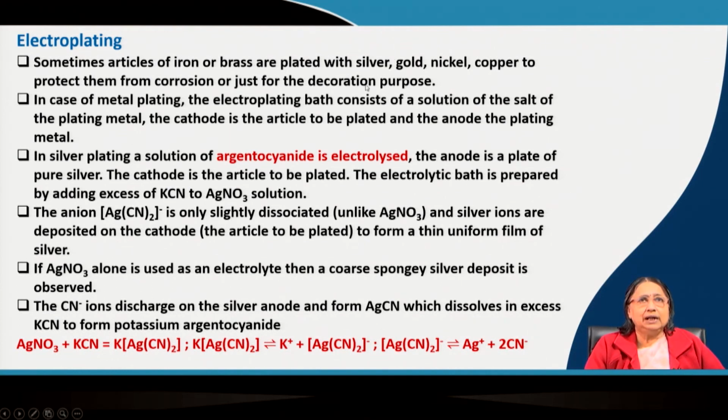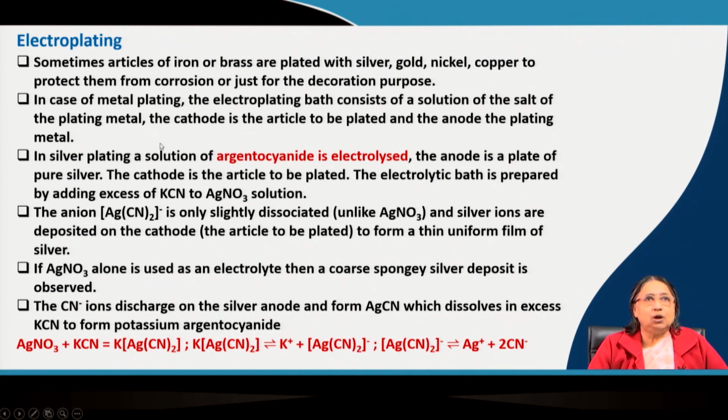So, why do we do the plating? Because to protect maybe iron or brass, we want to protect it, or we want to make it beautiful by gold plating or silver plating. So, we use this. Now, the important part I will tell you: in case of metal plating, the electroplating bath consists of a